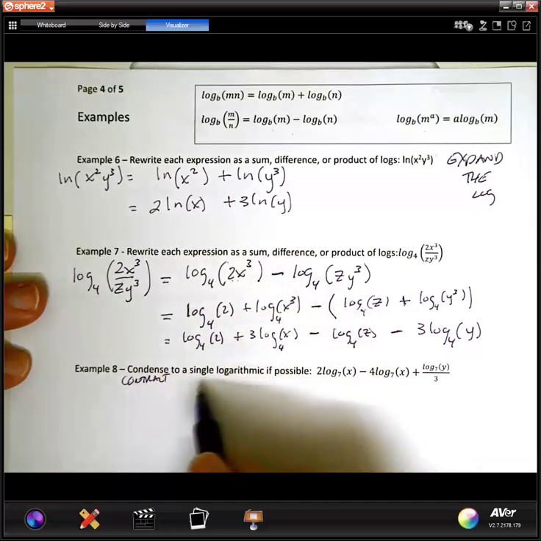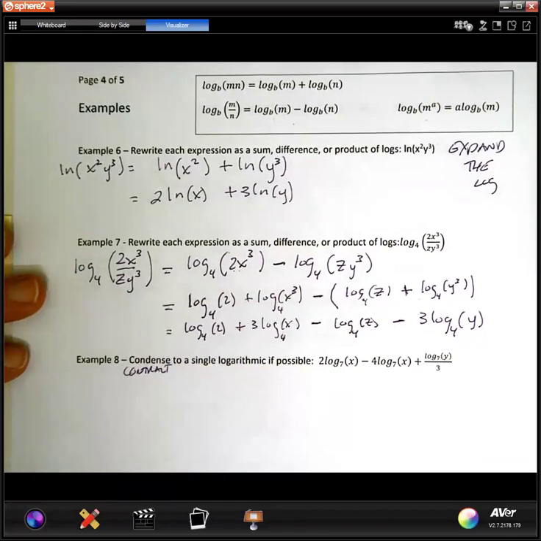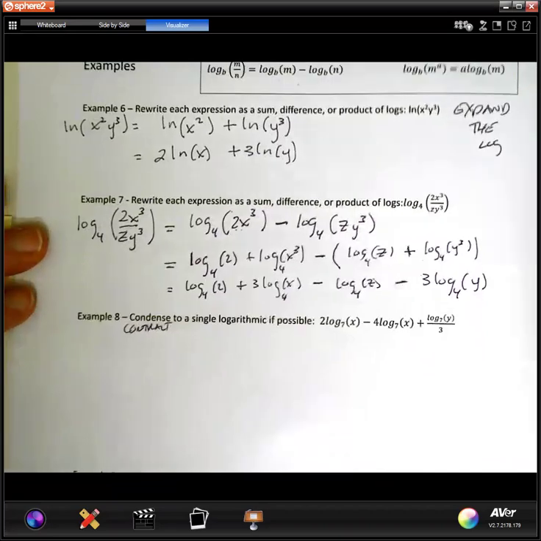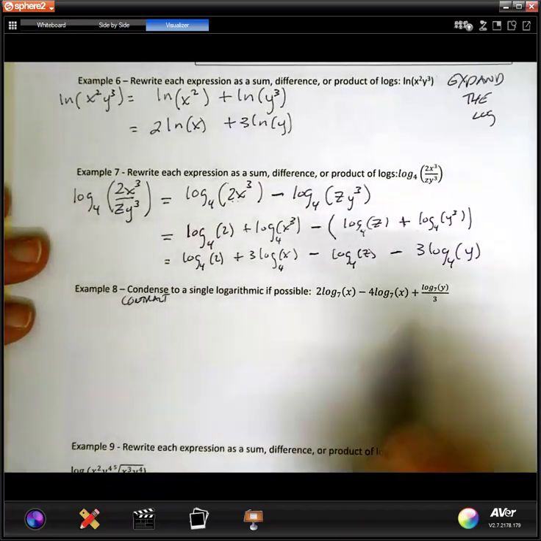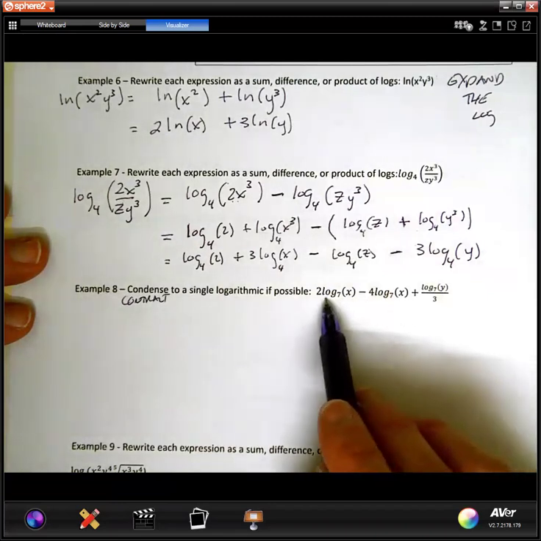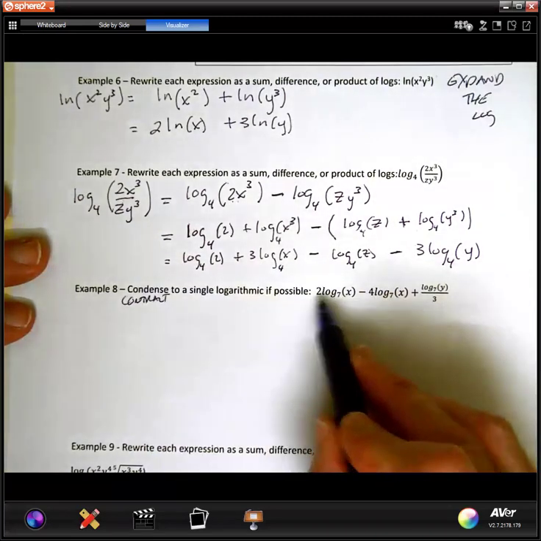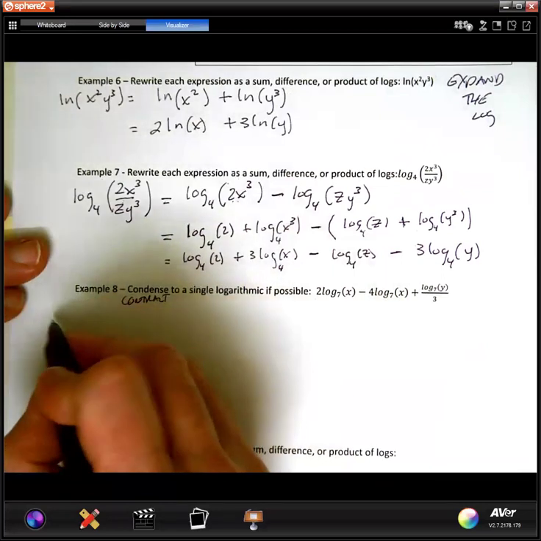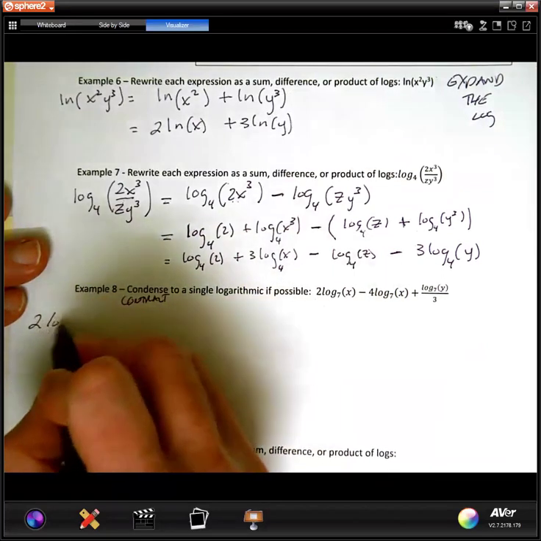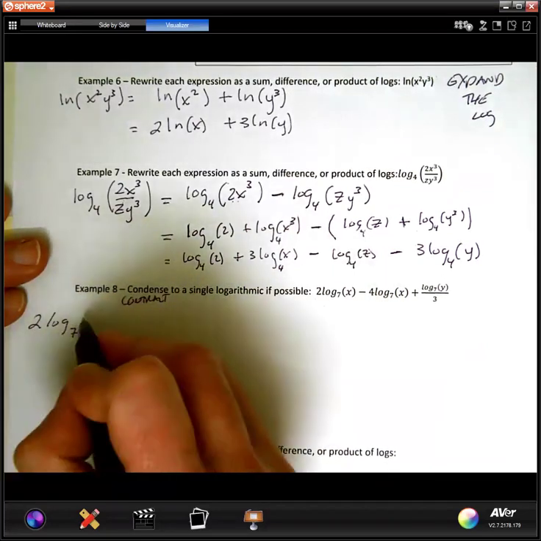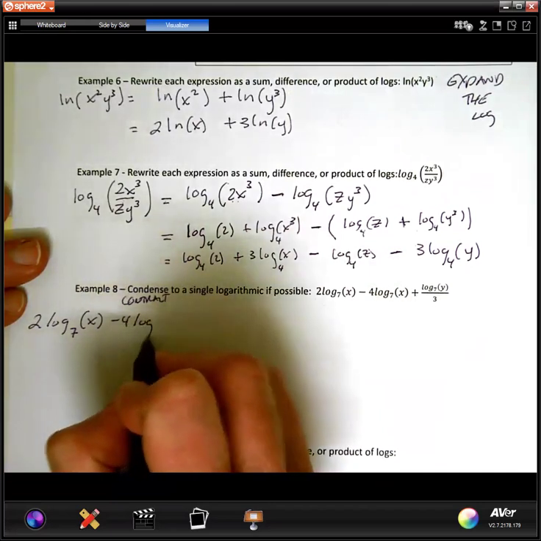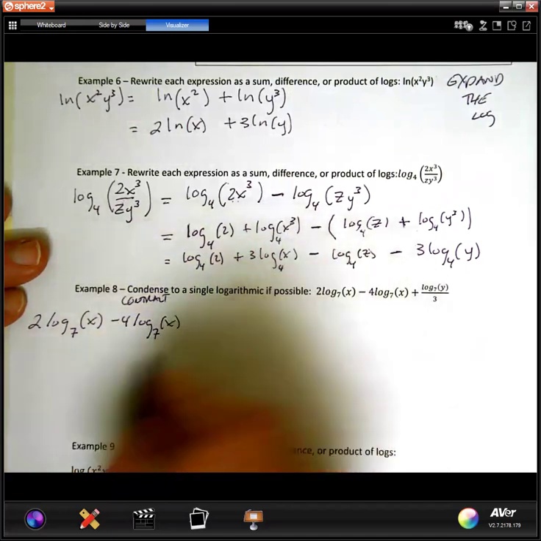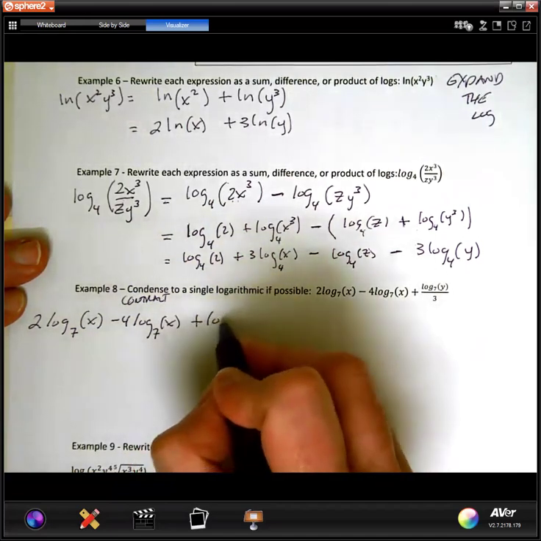Basically, do a single logarithm, if it's possible. All right, so now let me go and do that. I'm going to just do this from left to right. I'm going to take care of the powers first. So when I write, 2 log base 7 of x minus 4 log base 7 of x plus log, and then I'm going